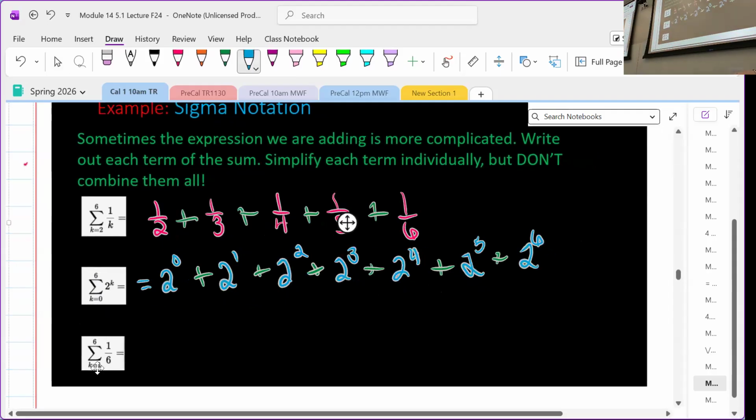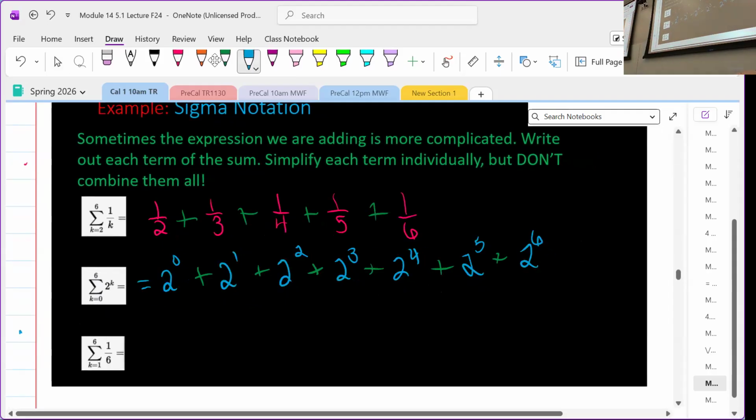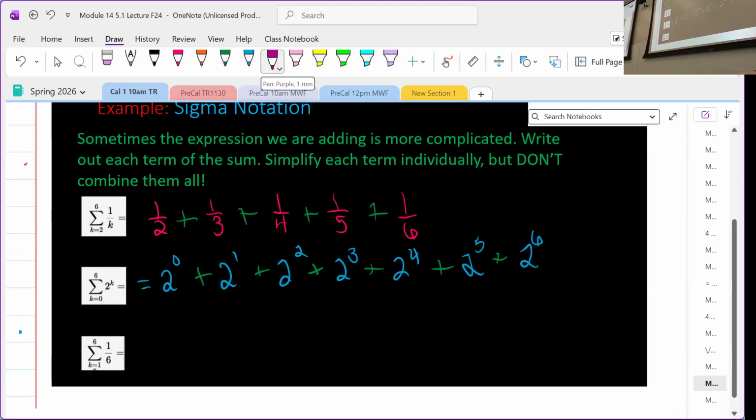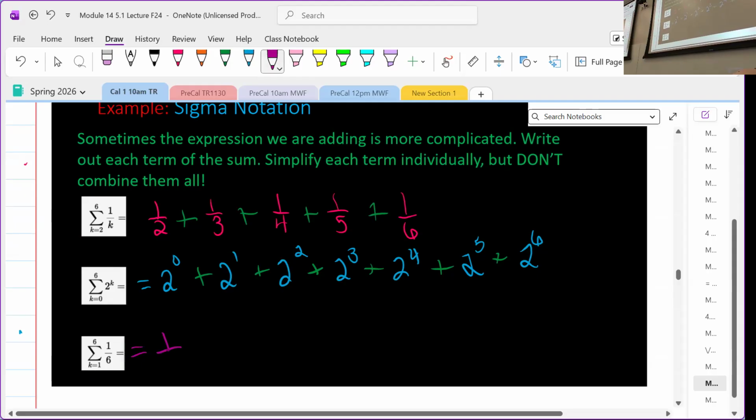Now, sometimes the sigma notation doesn't have k inside where the formula goes. It's just a number. So I start with k equals 1. I plug it into my formula in quotes. There's nowhere to put the k, but my formula says put 1/6. All right. So I have 1/6